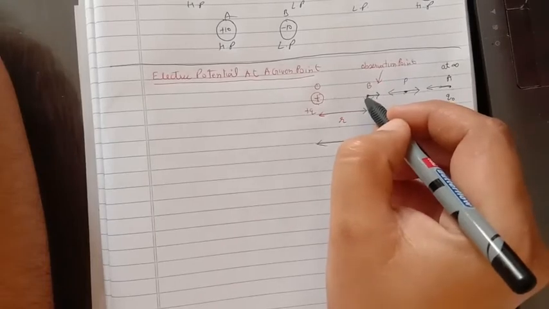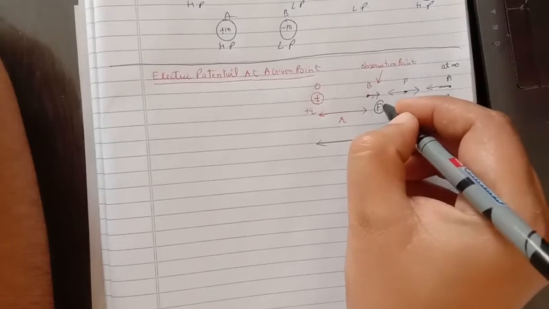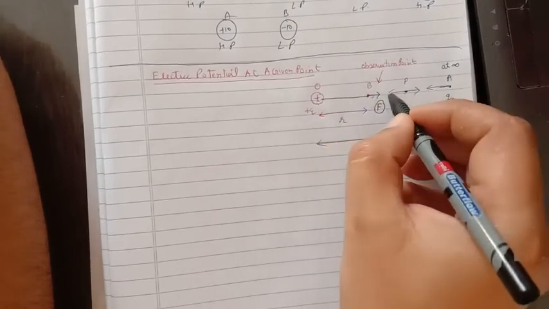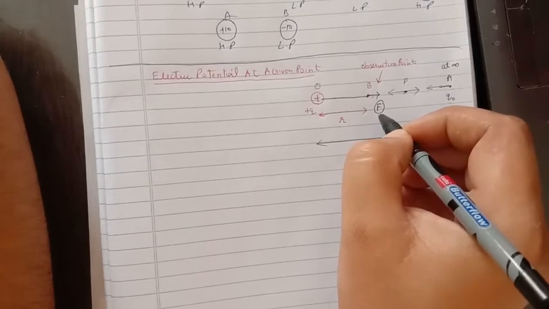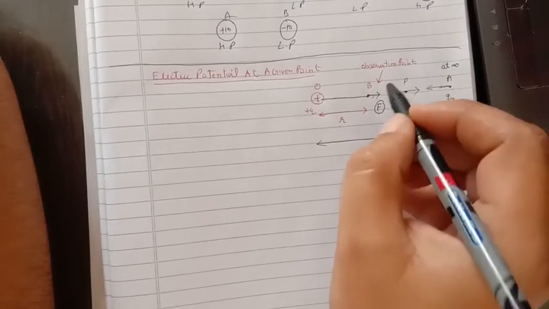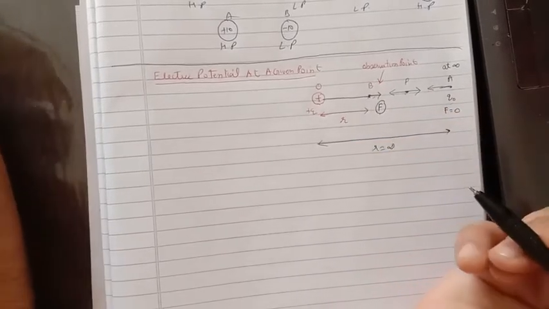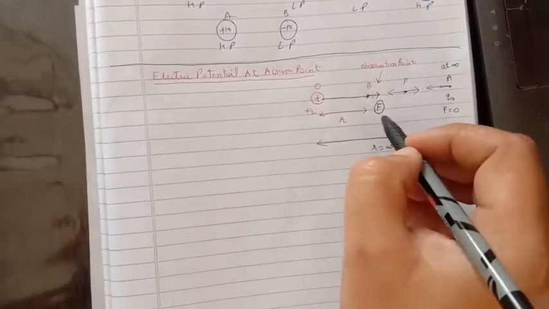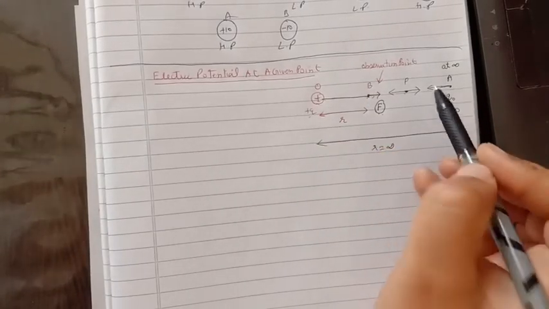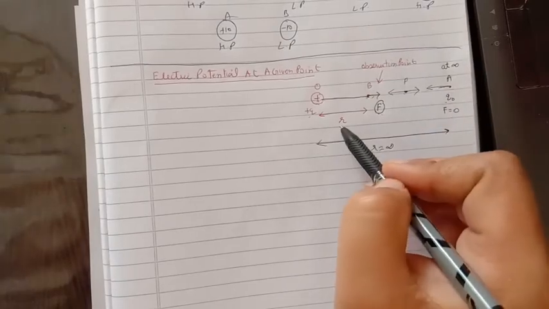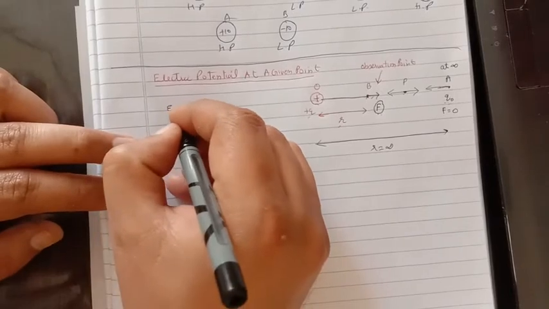So in order to hold Q naught at B, we have to hold it against this repulsive force directed from O to B. That repulsive force will help us calculate how much work we need to do in order to keep Q naught at this particular location. How much F we apply will depend upon the value of Q naught as well as the distance between the two. So in this case, electric potential